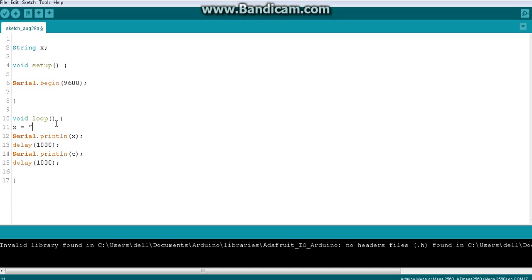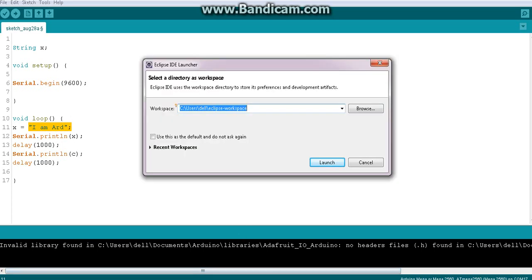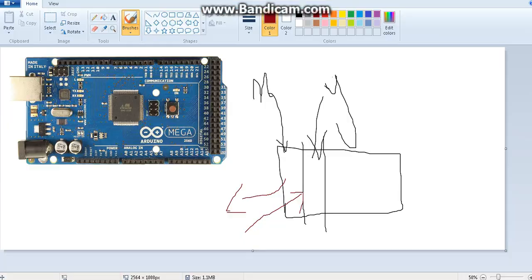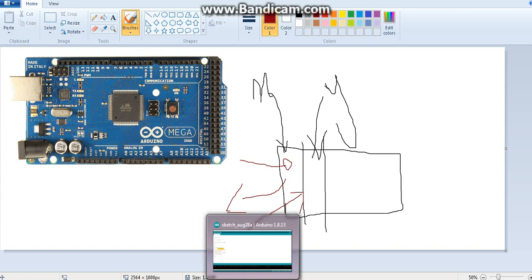So initially I will say I am ARD. Now the X value is I am ARD, so X will be printed. I am ARD will be printed. X is declared here, and now I am adding this new value to the X location. So in the memory location, ARD will be assigned now. Earlier there was no value, or null value you can say,